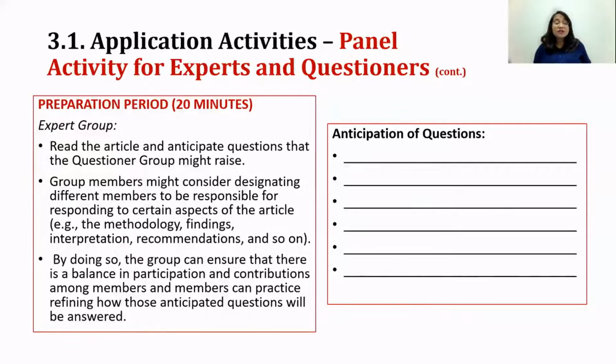If we are using this for a self-study, read the article in the next slide. I will show it to you later. And if you are an expert group, what kind of questions will you anticipate from the questioner? So you are the expert, means you are the expert of the content of the article, or you are the author of the article. You should know the content of the article. And can you predict, when you present that kind of article to someone else, what can probably be your audience's questions? And try to prepare yourself in answering those questions.